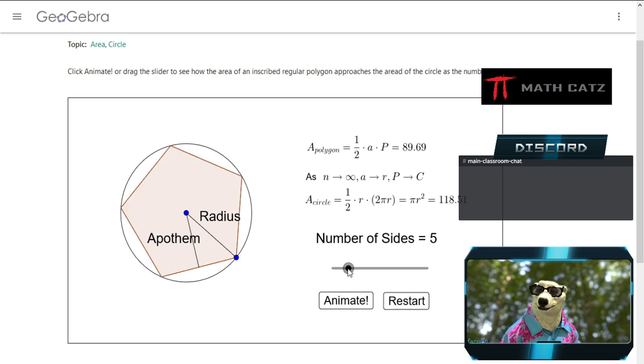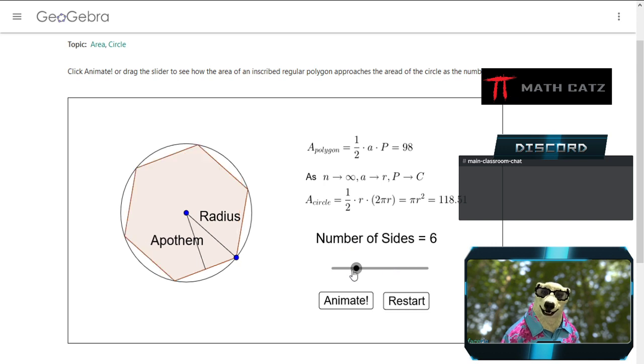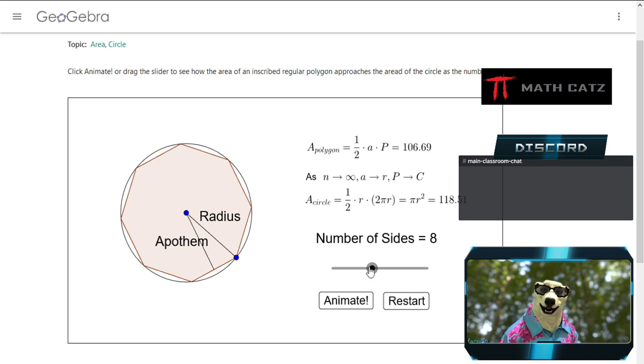If I go to a pentagon, the area of the pentagon is a better approximation for the area of a circle. Still not great, but the further I go, the better my approximation becomes. If I go to 7, it gets better and better and better as I go. And the little bits that I'm missing in my approximation,